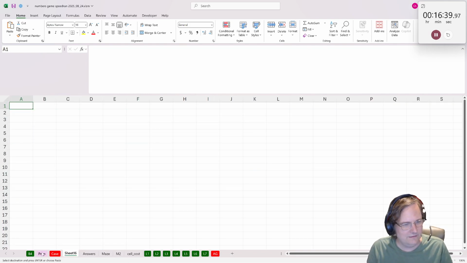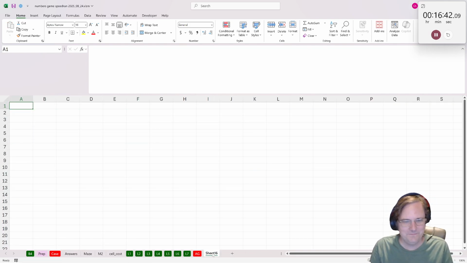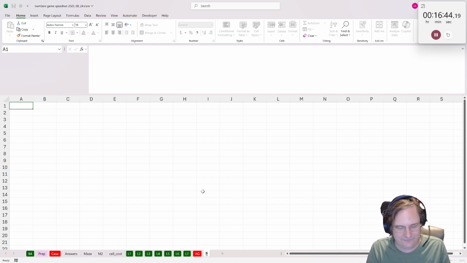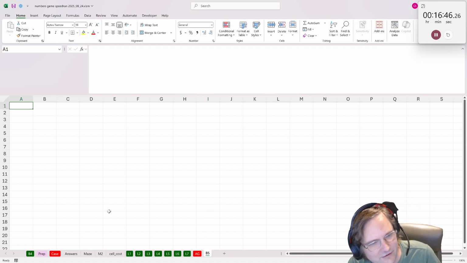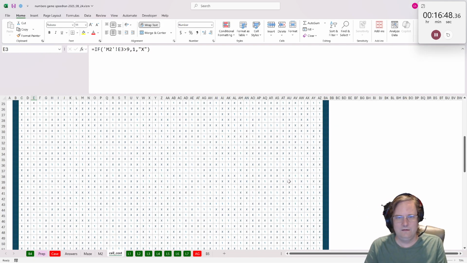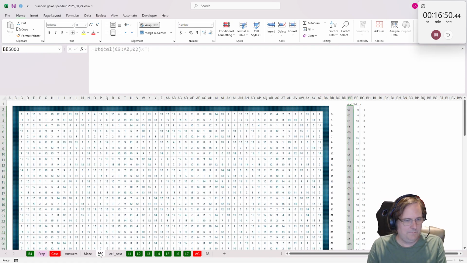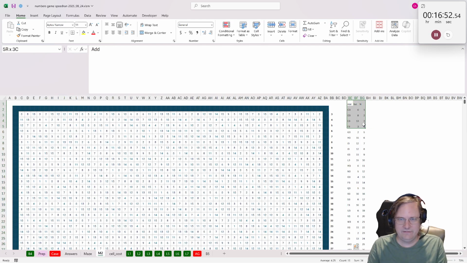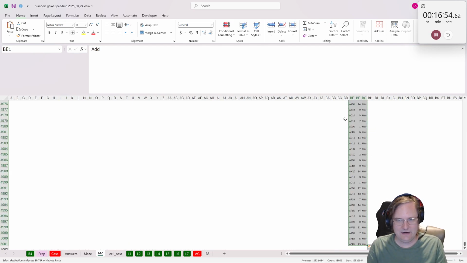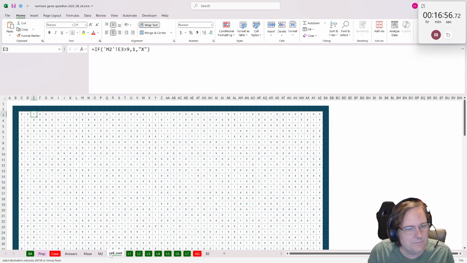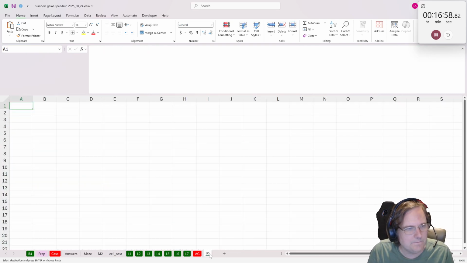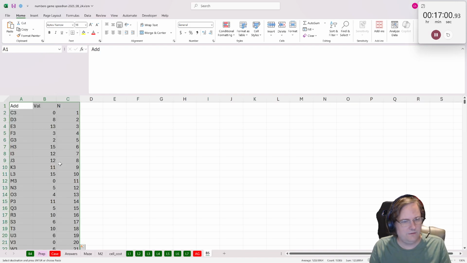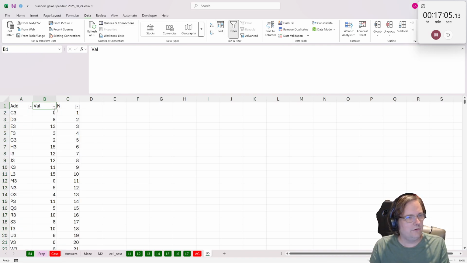How many separate regions are there? All right, this is a tricky one. All right, so B5. So let us start with all of the passable cells, right, are the ones that I care about. So I'm going to start by, I'm going to paste this in. I'm going to sort here by,